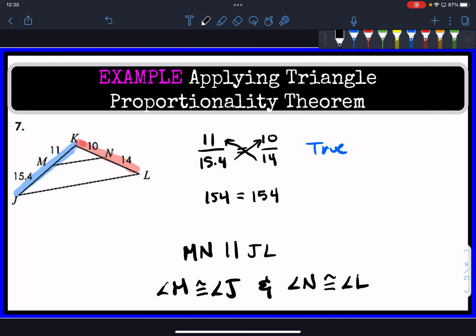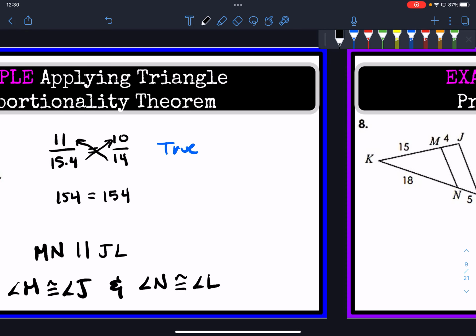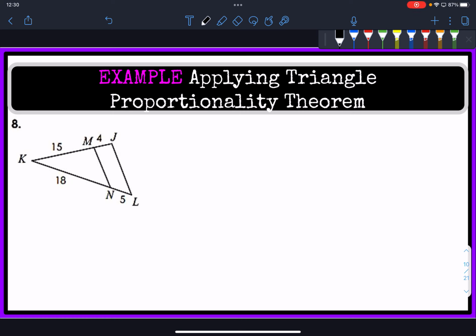So there you go. Let's do one more example like that. Let's apply the triangle proportionality theorem. So let's verify if these two segments, again, MN and JL, are going to be proportional. If I look at the top segment and I divide the longer side by the shorter side, so if I do 15 and I divide it by 4, that should be proportional, and that should equal the same thing as doing